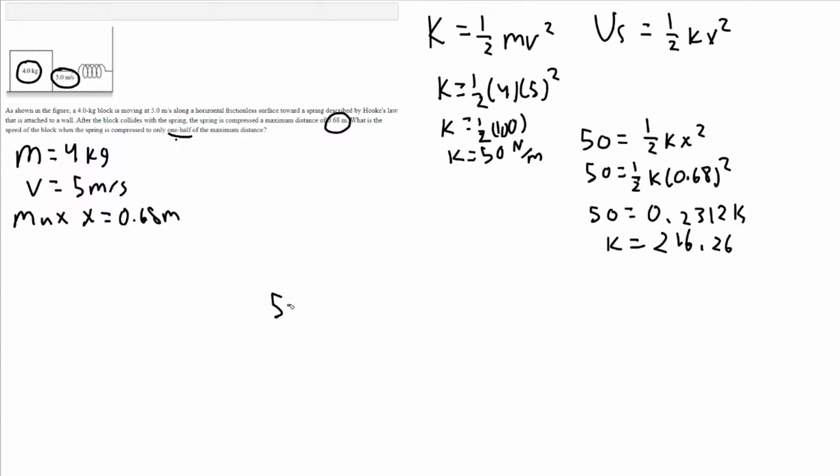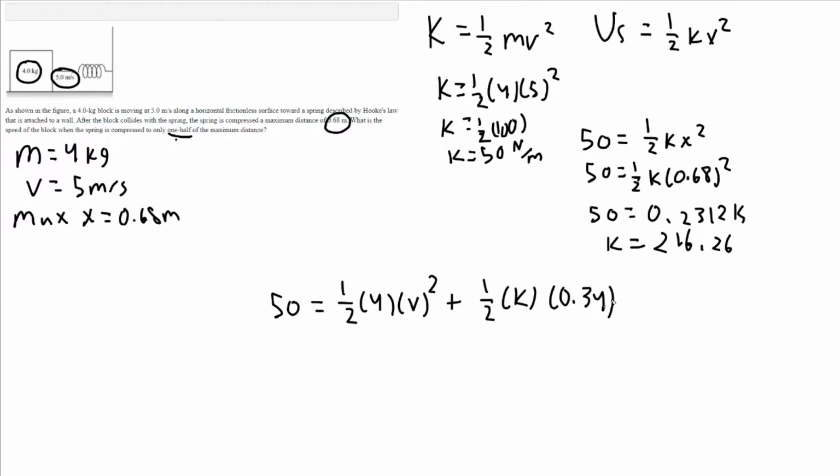So 50 is equal to 1/2 times 4, that's the mass, so that's going to apply either way. And then v, this is the velocity for after the compression. And then plus 1/2 k